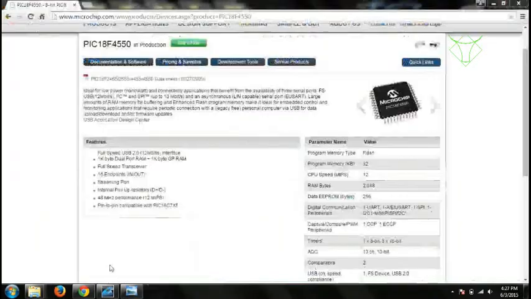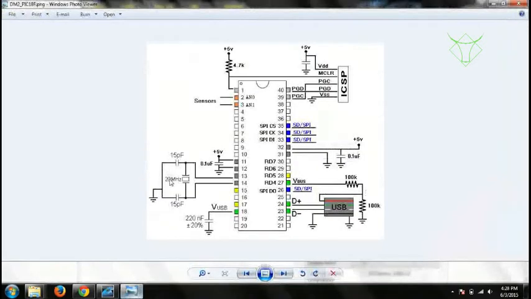Let me close this, and I would like to show you this basic structure, the basic connections. MCLR is pulled up. MCLR is an active low pin. That means if you connect this pin to ground, that means if the level is 0, the pin is active. MCLR is like that. The basic connections of the oscillator are to pin number 13 and 14. I'll connect 5 volts to pins 11 and 12, that is VDD and VSS. VDD is 5 volts, VSS is ground. Ground is basically 0 volts.